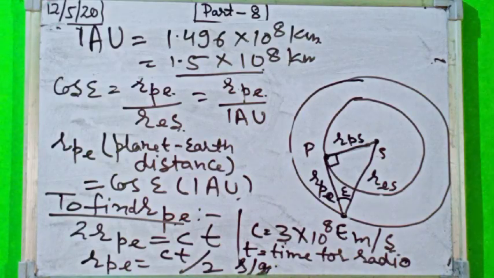So this is the Copernicus method for finding the distance of an inferior planet from the sun. Now our next discussion is